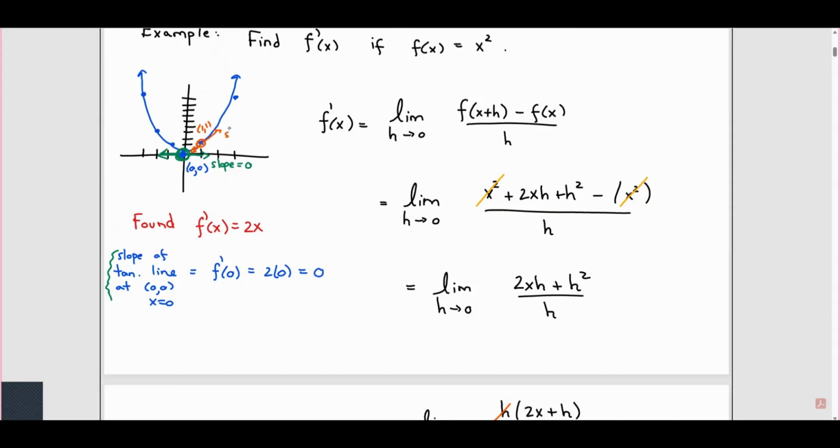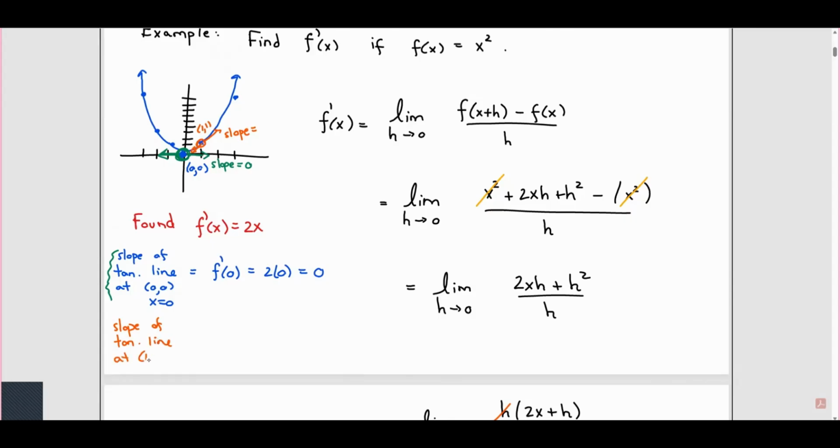And so my slope of my tangent line, it is increasing, like the curve is increasing. So the slope should be a positive number. Whereas if I was over on the left side over here, the slope would be negative. We should get a positive number. And I don't really have anything to compare it to right now. So as long as it's positive, I would think the answer seems accurate. So now let's find our slope. Slope of tangent line